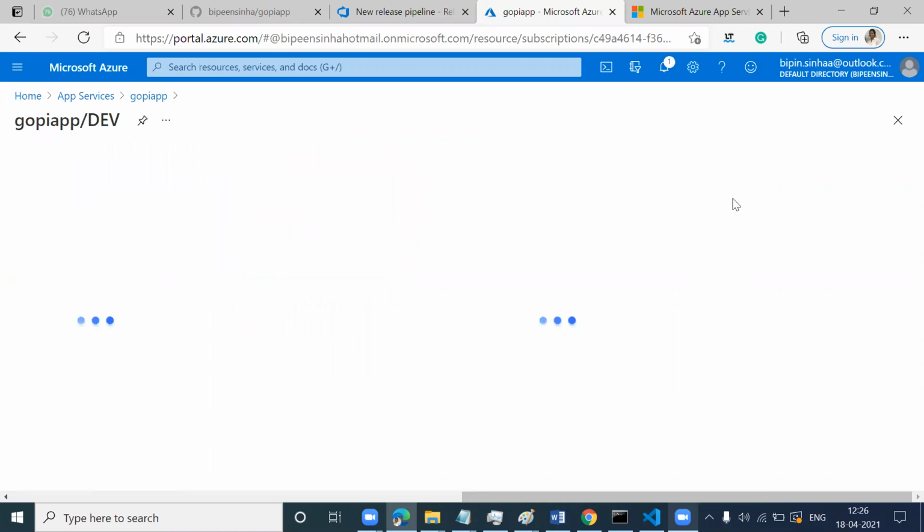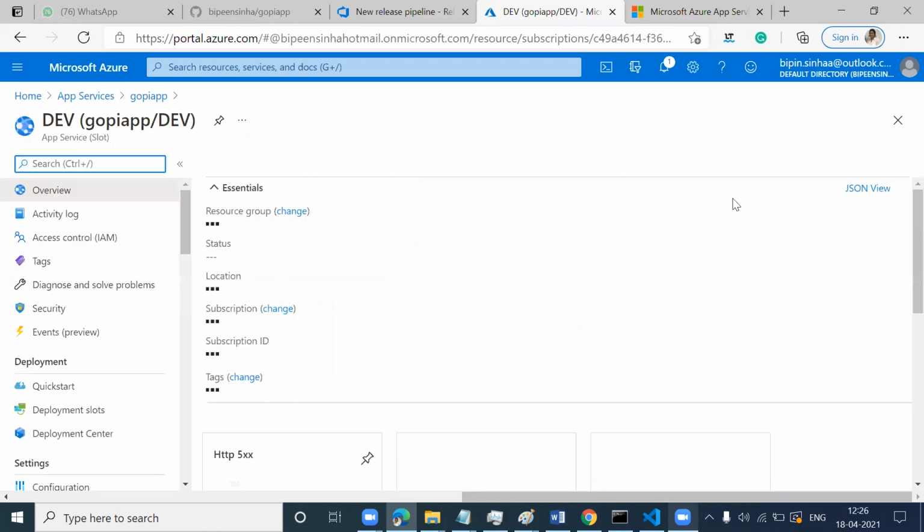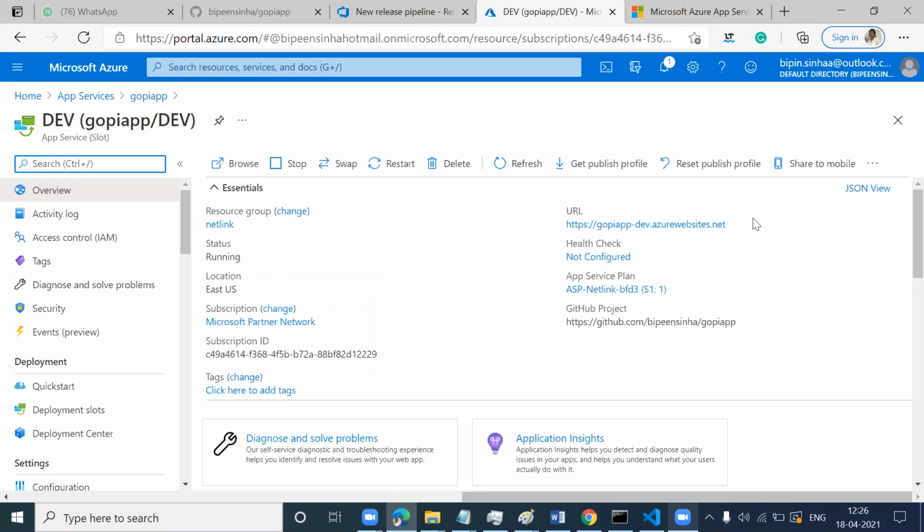So it is going to give you a dev URL. Copy this dev URL. Now paste the dev URL on top.